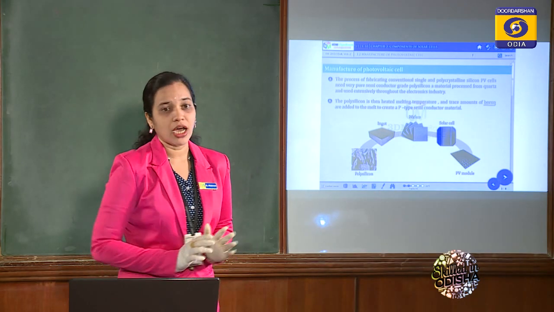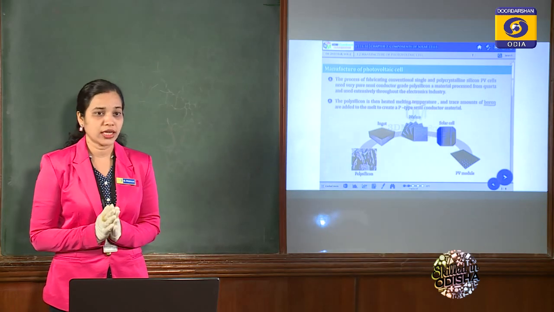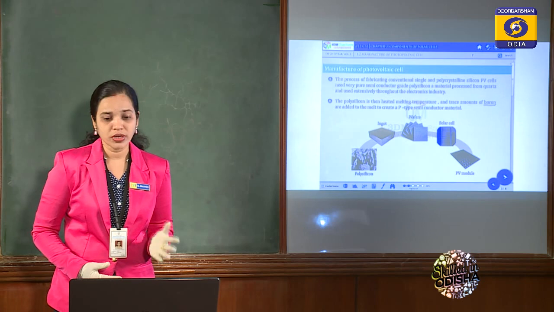We now have to manufacture a PN junction, or a photovoltaic cell or solar cell. To do that, we join the P-type and N-type semiconductors together and put them into a heat furnace, in which the two semiconductors are melted together and form a PN junction, which is generally called a solar cell. For this melting process, we have to keep a particular temperature and timing. In this way, we have formed a solar cell.